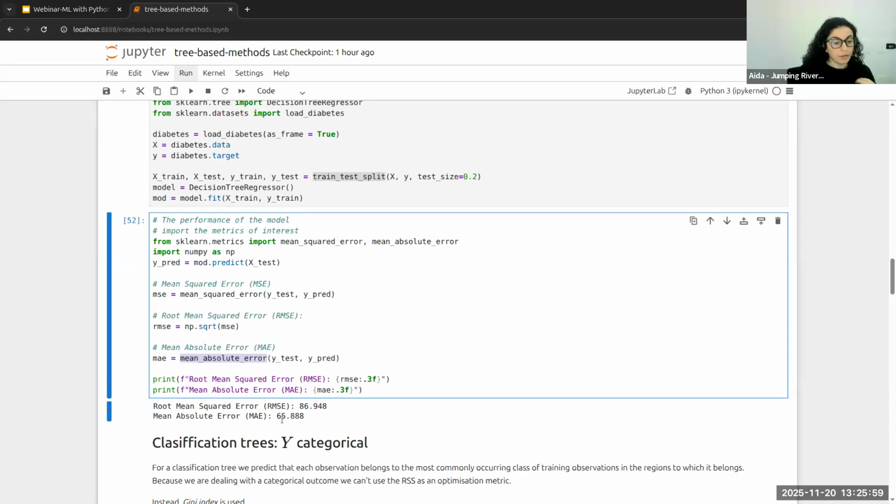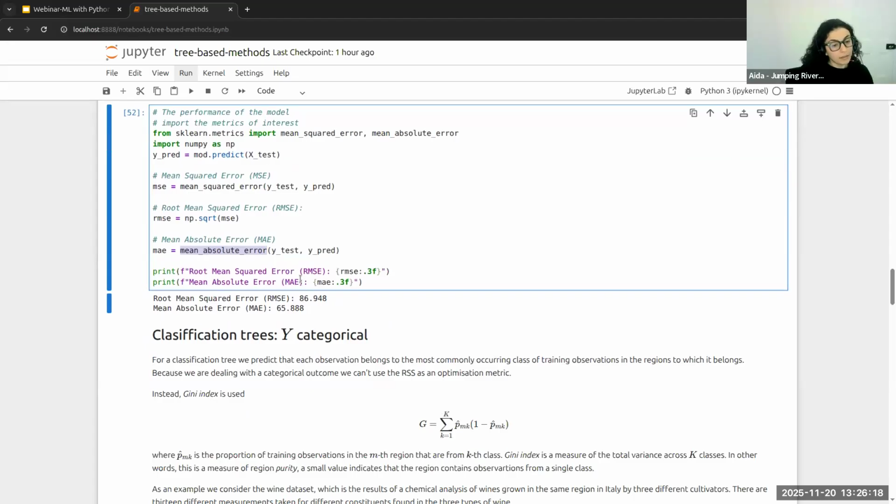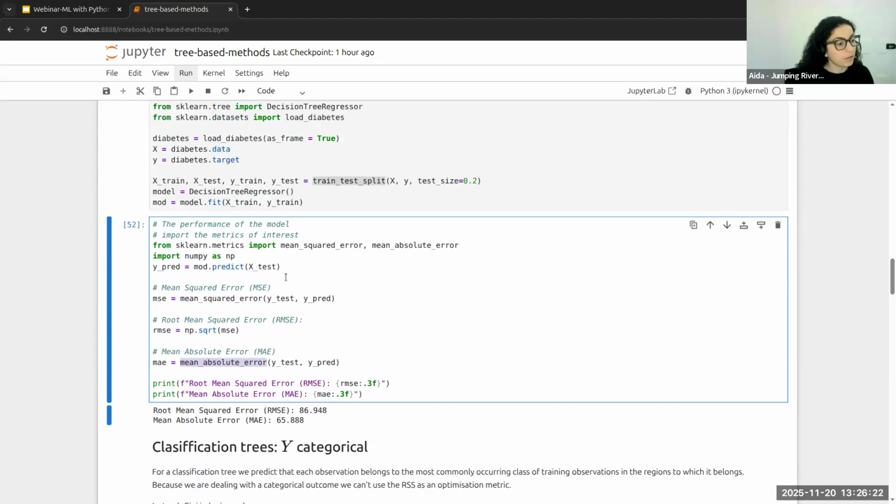And the mean absolute error is somehow smaller because it's calculated differently. So I cannot tell right now how good my model is. I need to perform some other model to compare these metrics of performance, and we are going to do that later by using a random forest rather than just a regression tree.